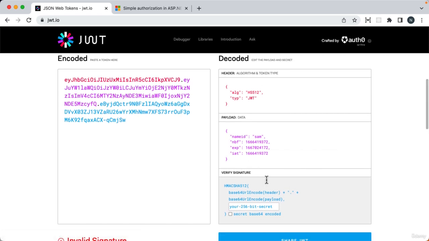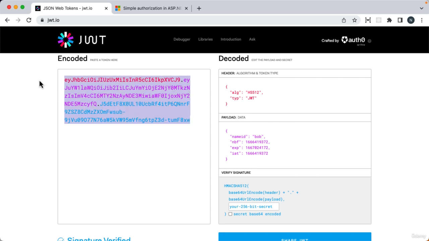Now this one gives us some verify signature information. We'll ignore that, but we can update this one. And let's suppose I thought I'd try and beat the server and say instead of my name ID being Sam, I changed it to Bob, and then added in an evil laugh and say muhahaha, and then take this token that's been updated